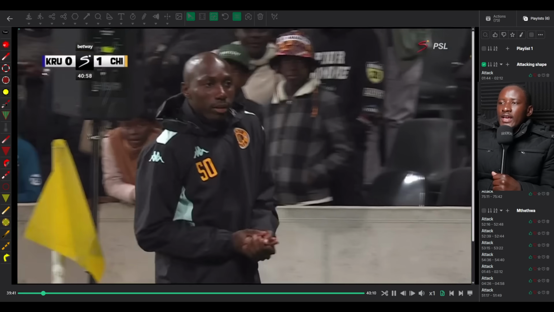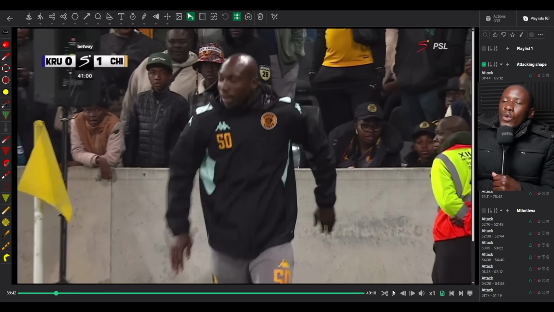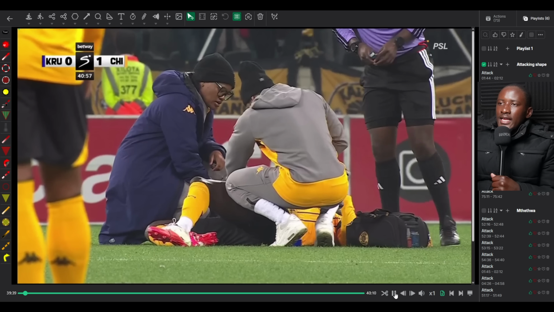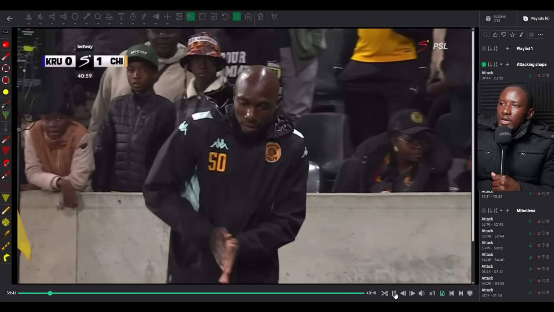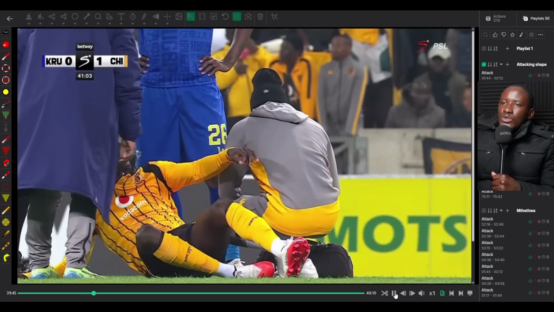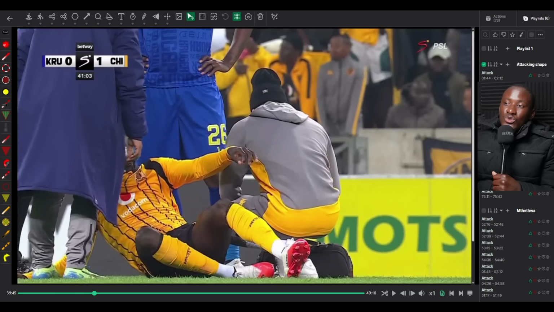Next, we have a thing that happened here, which by the way is proof that Coach Chiefs is a good coach. When Silva first got injured, in case you didn't notice, this is Silva getting injured. And look who was warming up. It wasn't Duba, it was Igodaro warming up because he's the one who was going to come on until the coach was like, all right, let's think about it here. We don't want a like for like, but we want someone who's going to solve problems that we're going to talk about in a second.